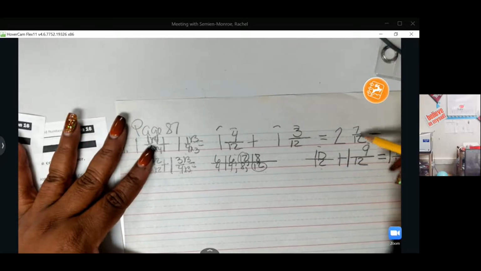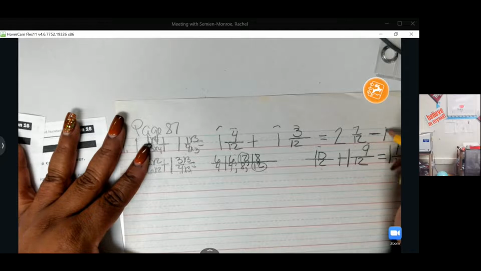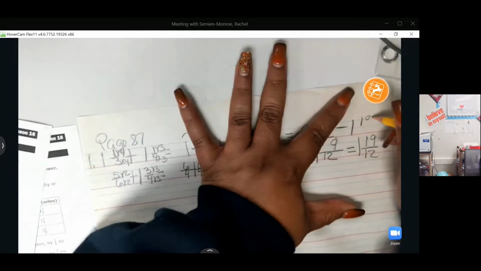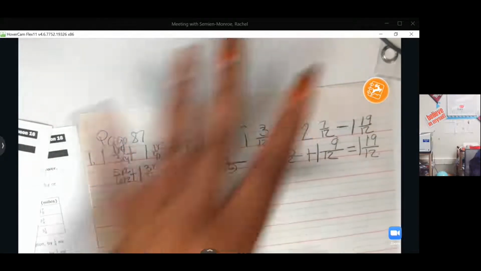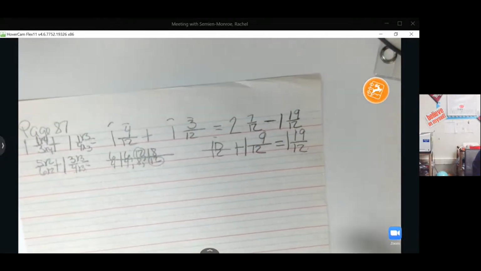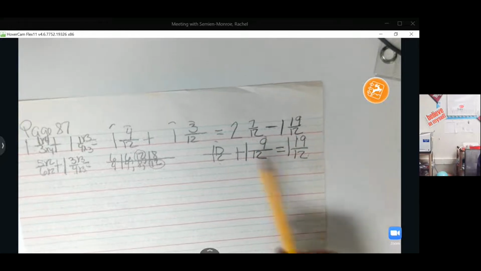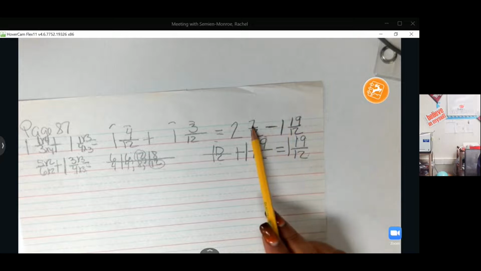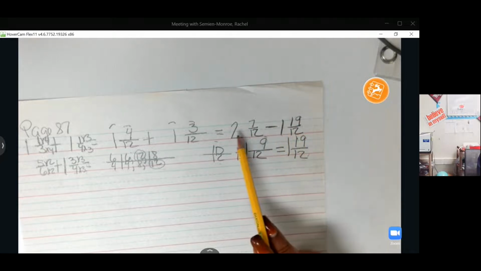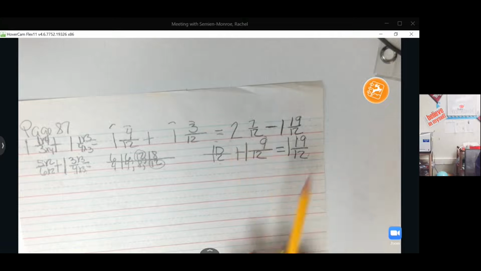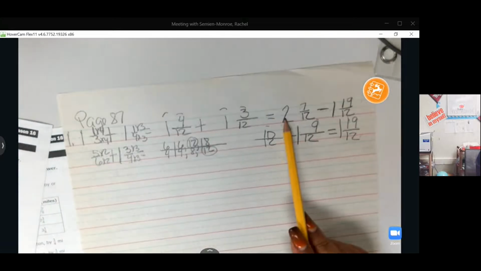2 and 7/12 minus 1 and 19 over 12. Oh, Miss Monroe, look, our denominators are now the same. But what's going on? Our numerators, I can't get 7 from 19. I'm going to have to borrow from this 2. All right, so in order for me to borrow from the 2,